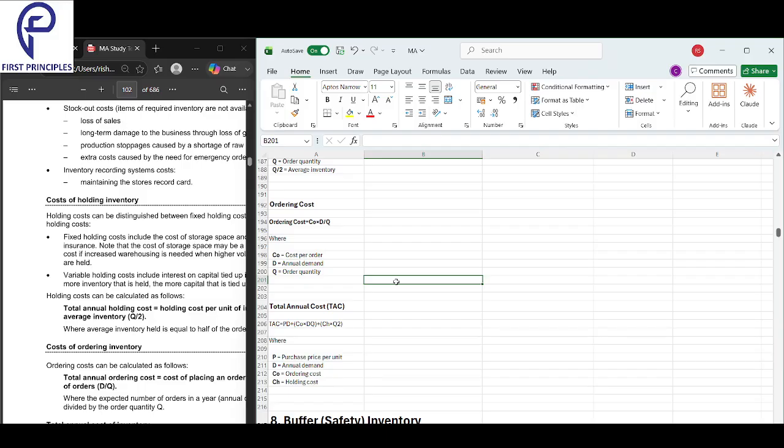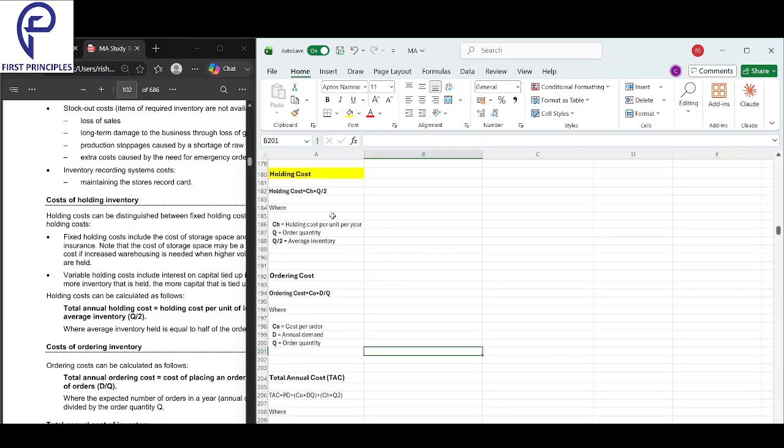Let's assume 12,000 is your annual demand, and every month you place an order of 1,000 goods. So how many orders do you have to place in 1 year? 12 orders. Cost of one order is 500 rupees. Once again, your annual demand is 12,000. Each time the quantity that you place in order is 1,000, so 12,000 divided by 1,000. How many orders do you place in 1 year?